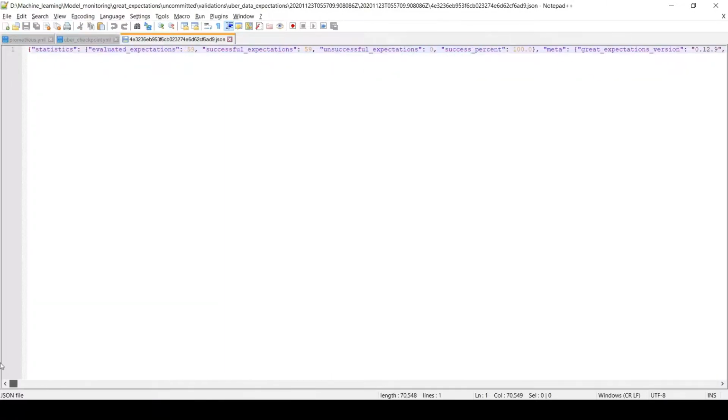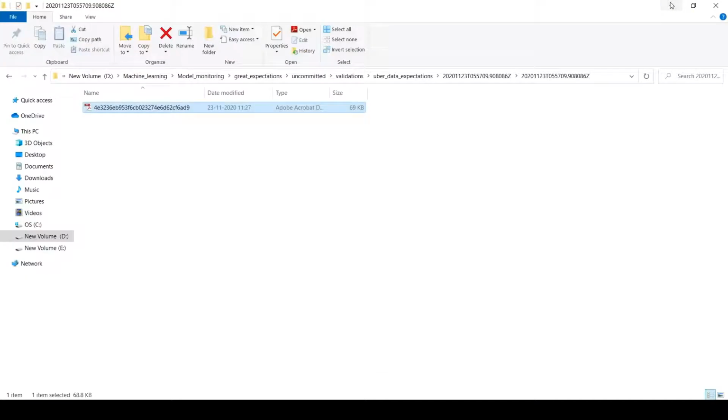Okay, so in this way we can check the outcome, and if you need to perform any operations based on the failure, you can perform it, because it's a pure JSON layout, and whatever operations you need to perform against those failure conditions, you can very easily configure within your Python script. Okay, because it's a pure JSON format for your outcome.